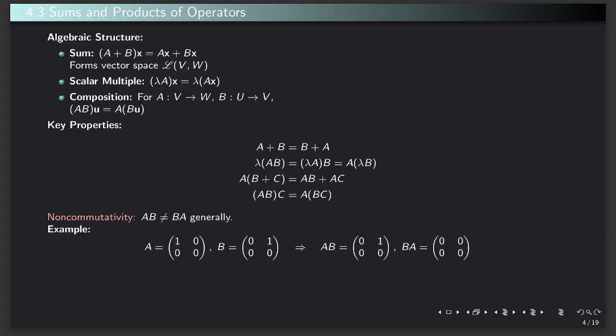And this is consequential because the provided example here of two simple matrices A, B illustrates this pointedly: AB produces a non-zero result while BA produces the zero matrix. So this non-commutation is not some mathematical quirk or kink. It's actually a reflection of real world phenomena where sequential actions have path-dependent